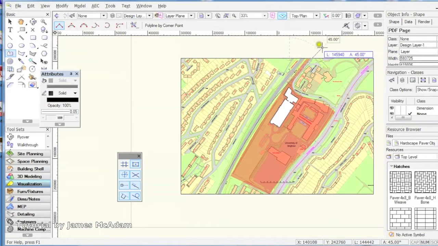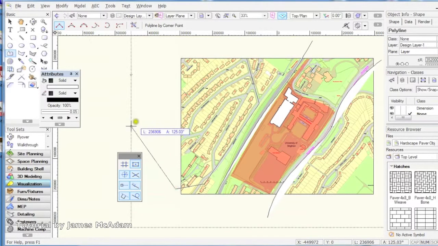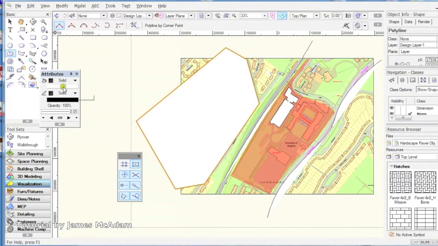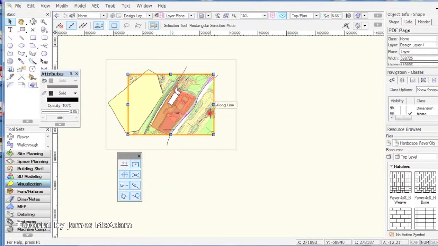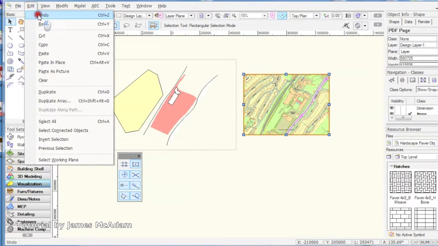Just add in a few more lines. Obviously this is very quickly and crudely done, and you can spend a lot more time getting a lot more accurate information. But you can see how fairly quickly you can start to map out maybe key areas or points that you want to put importance to, and then take away the map from behind, and there you've got your to-scale and proportioned